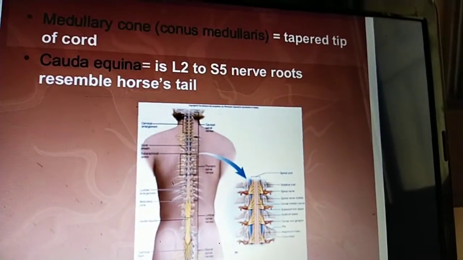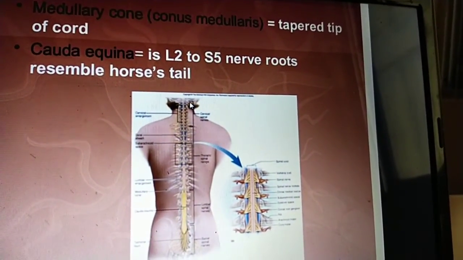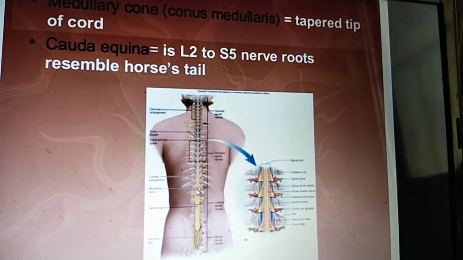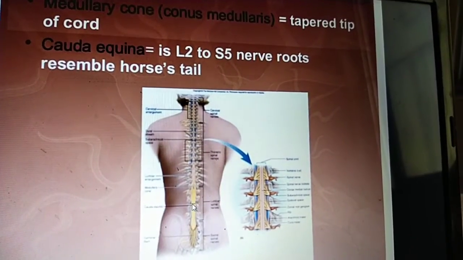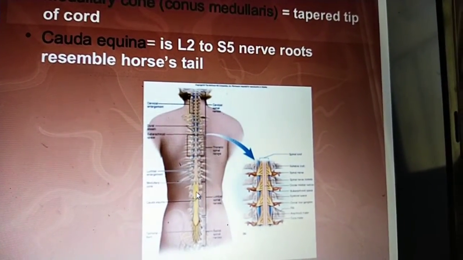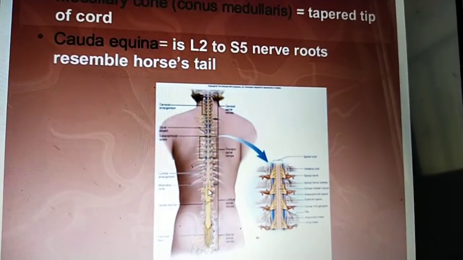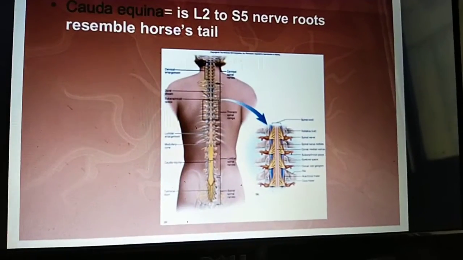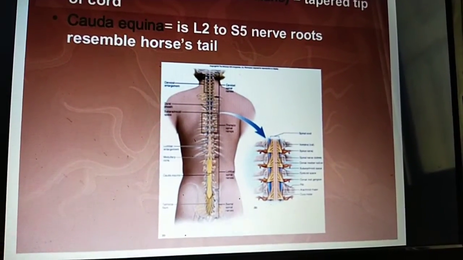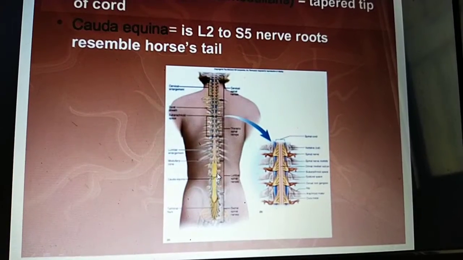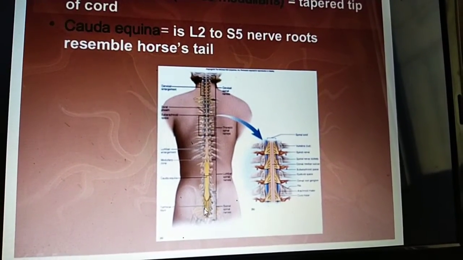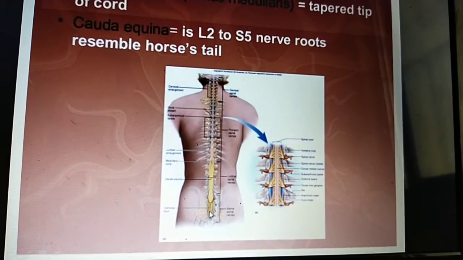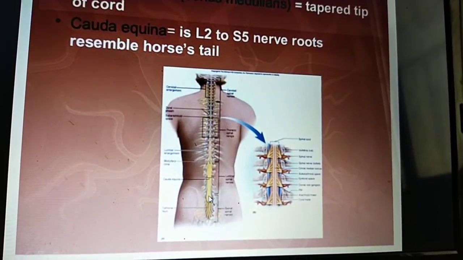Medullary cone or conus medullaris: this is the spinal cord, and where the cord tapers, the tip of that tapering point is called the conus medullaris. And cauda equina is at the level of L2 to S1 or S5. The nerve roots resemble a horse tail, that's why it is called the cauda equina. You can see here, it looks like a horse tail. This is the cauda equina,